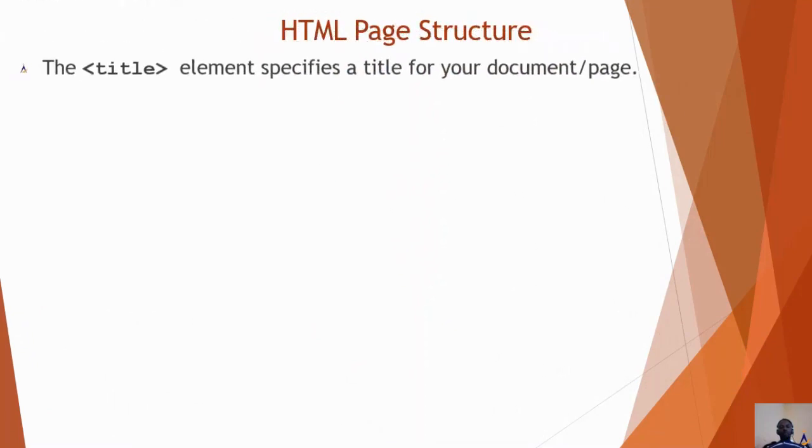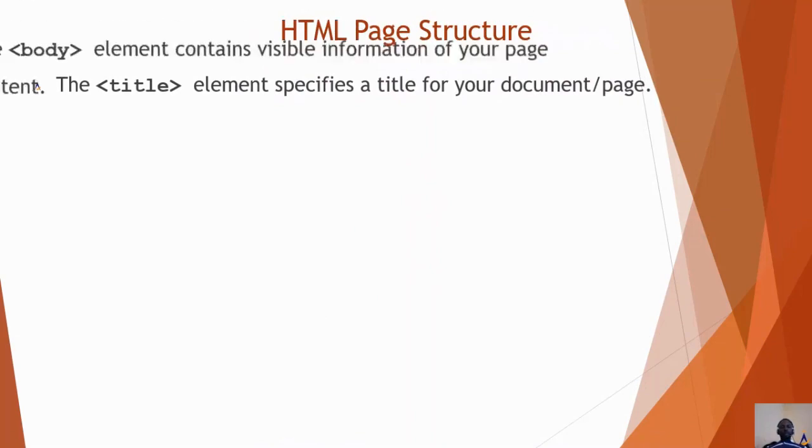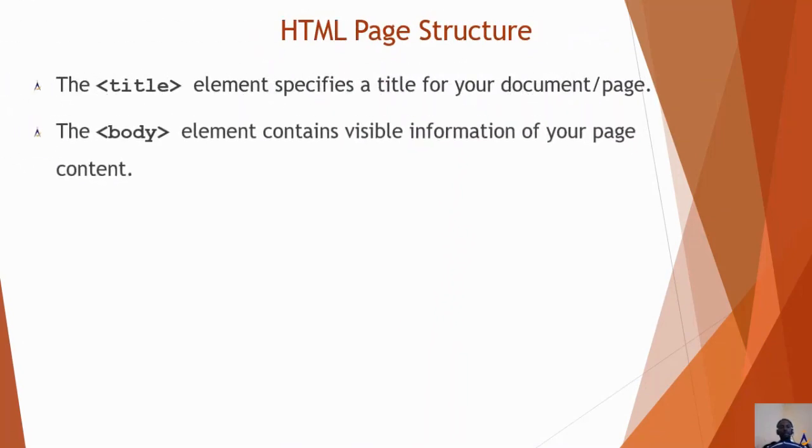Next, you write the title to specify the title of your page content, and next you write the body element that will carry all your implementation, other body sections such as paragraph, heading, etc., according to the nature of your website